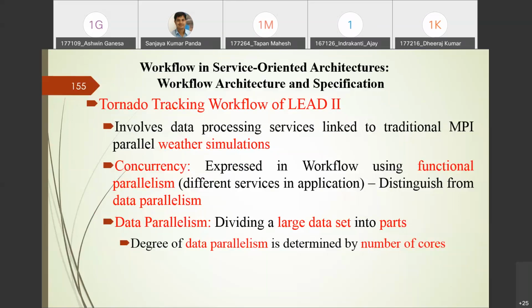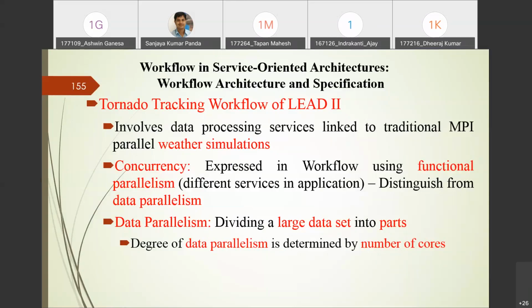So why are you separating? If you go for data parallelism especially, you can divide a large data set into small parts. That we have seen in MapReduce programming that is available in Hadoop, the Hadoop distributed file system. You are given a large data set and you divide it into small parts, right?